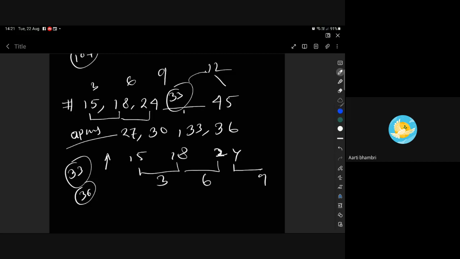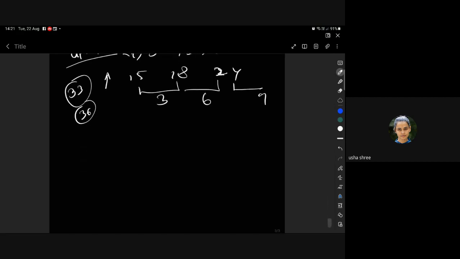Any doubt? Clear? Yes. These are very basic problems. If you can understand these basic problems, then automatically you will solve any problem. Okay. Then the next